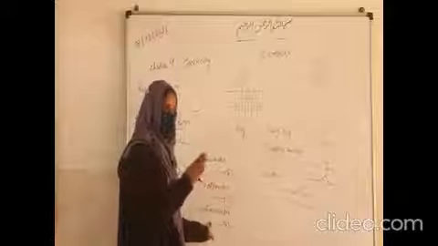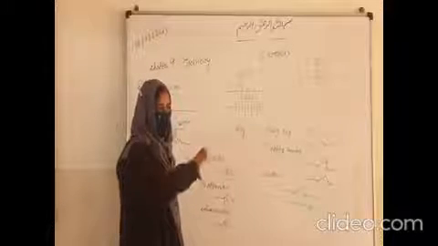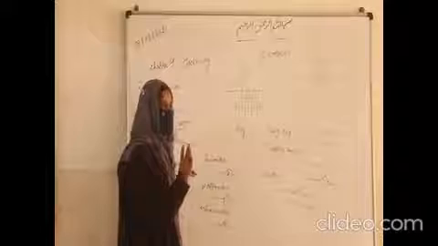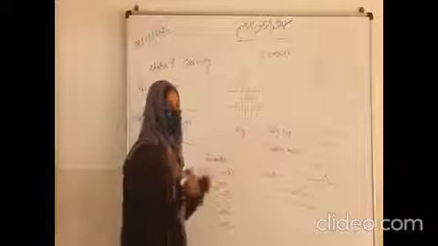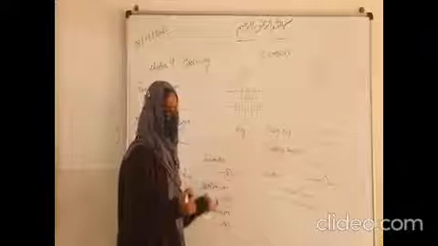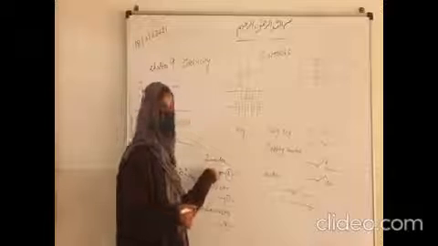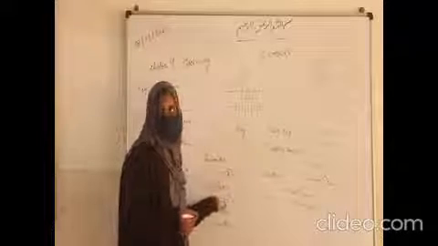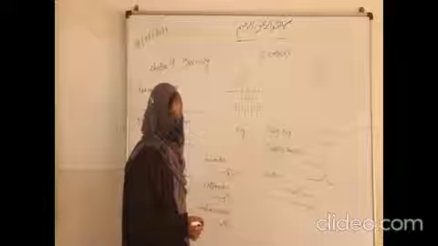The galvanometer has a needle. If current is there, the needle will rotate from here to here. It means that current is there. So it is just telling you the presence of current, detecting the current. Magnitude of current is measured by the ammeter, and magnitude of potential difference is measured by the voltmeter.